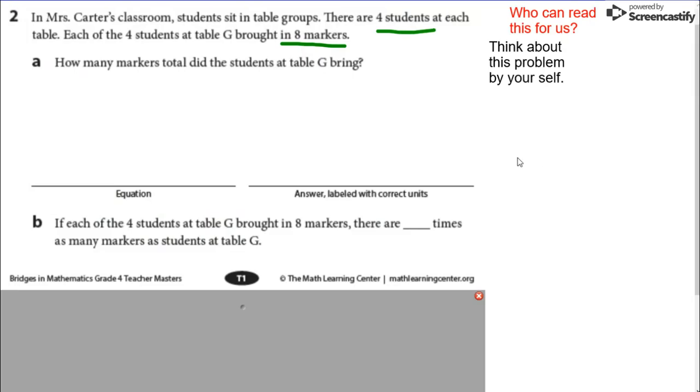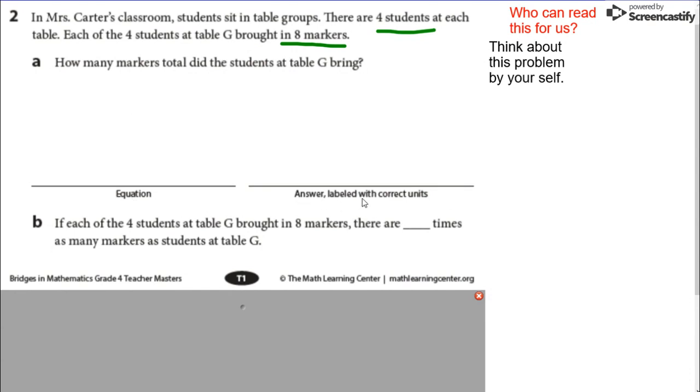So here's where we're going to start moving into the I do portion. So instead of them working with partners, they're going to think about it by themselves for a little bit first. They're going to try and solve it by themselves. And then in this particular problem, they will share their thoughts after they've solved it themselves. After that, they'll share their thoughts with the group, and we'll answer the question with the equation and the answer